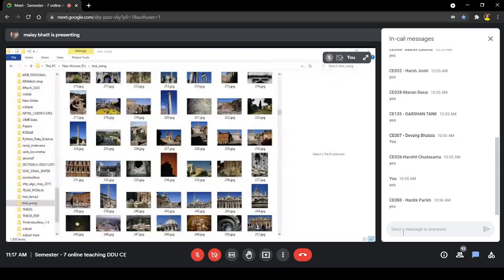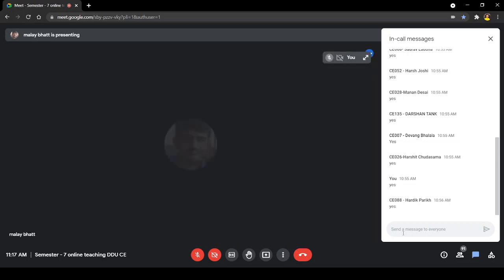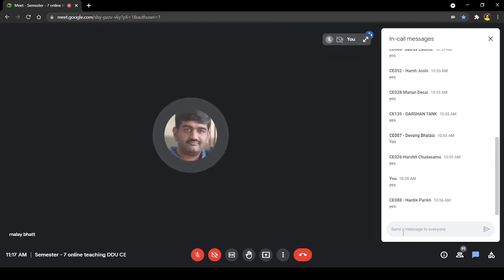So these are some of the image databases. You can also search for this kind of database on the net. They are available for download and you can apply various image processing techniques on them.